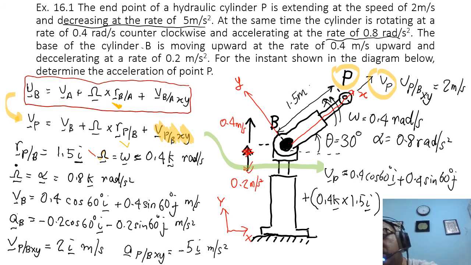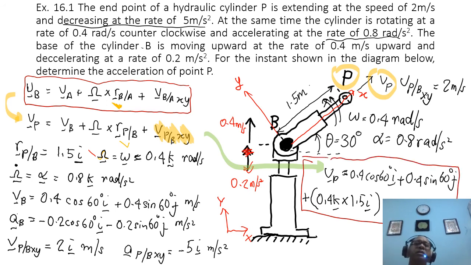So that is the answer to the whole question, the first answer of VP. Determine the acceleration of point P. Let's limit this to the velocity of point P. I am going to stop there just to make you feel comfortable with the examples,